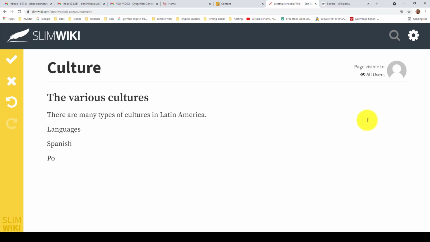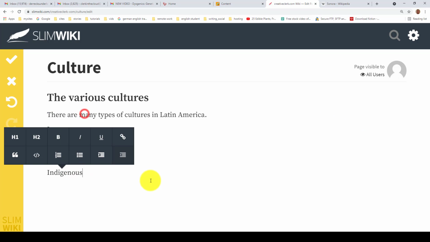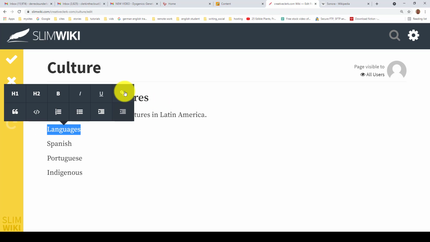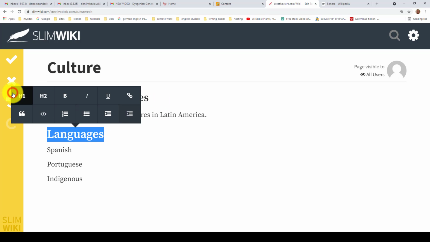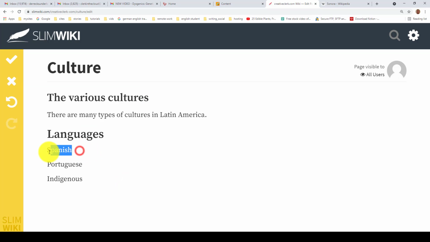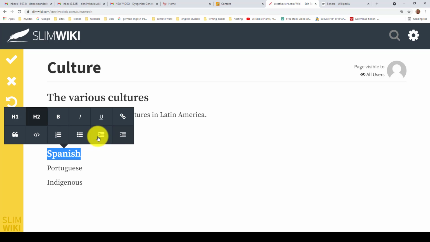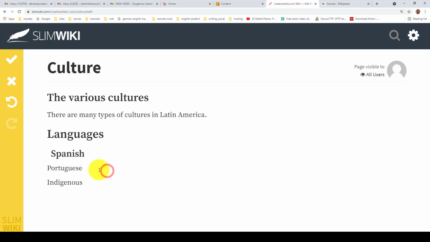So we have Spanish, Portuguese, indigenous. So I want to make languages a first level heading, so I'm going to select it, and the pop-up comes up. I'm going to choose H1, that makes it a first level heading. If it's Spanish, I'm going to make it a second level heading, and I want to indent just a little bit. Do the same thing with Portuguese